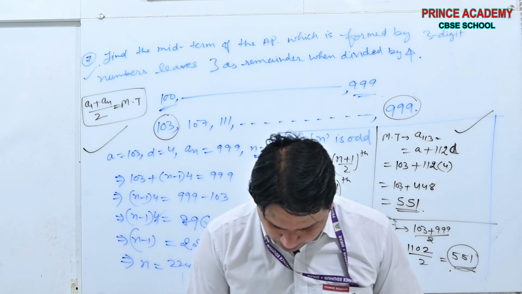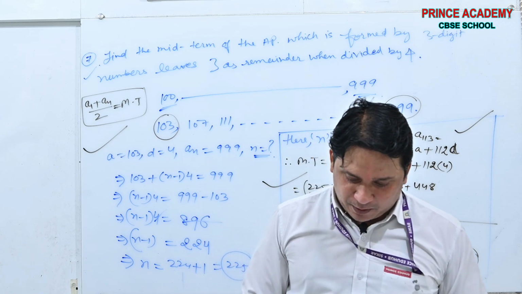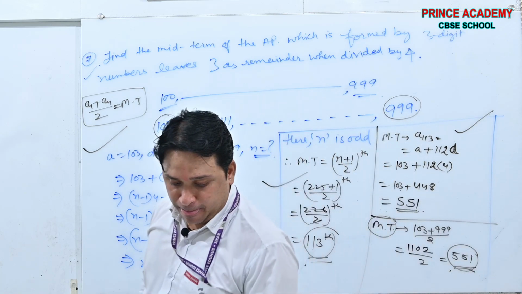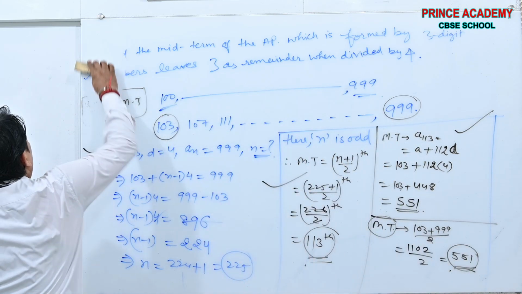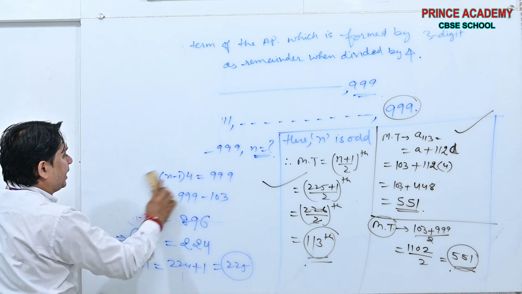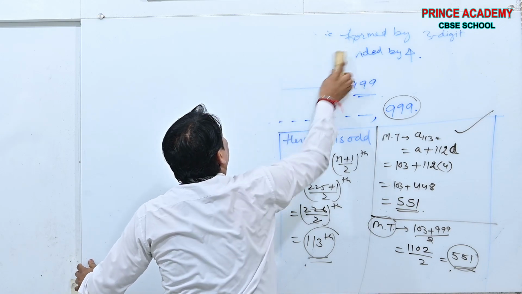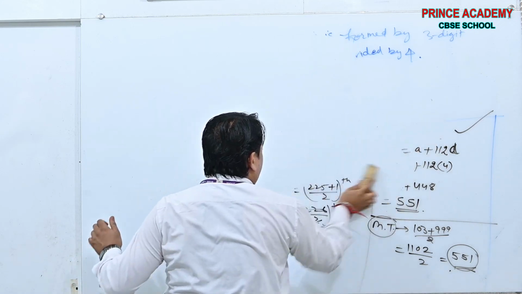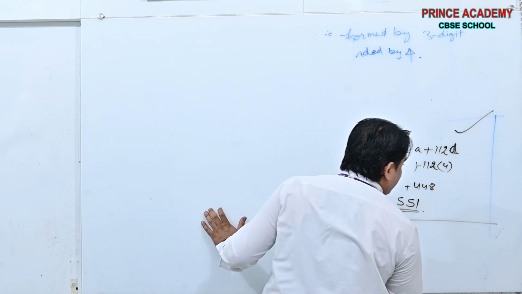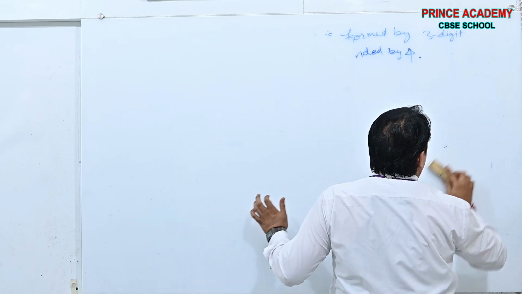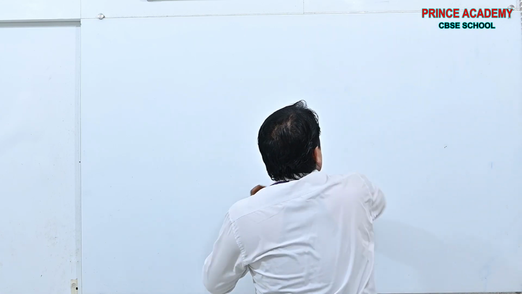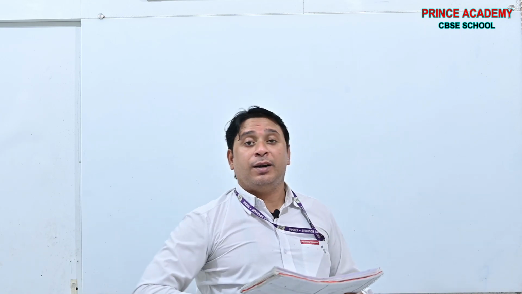Where is my thief question? Here is the thief question. See beta. Question number 8. See beta, this is a very interesting topic. The question is based on police and thief. Once you read this, listen to the statement very carefully.